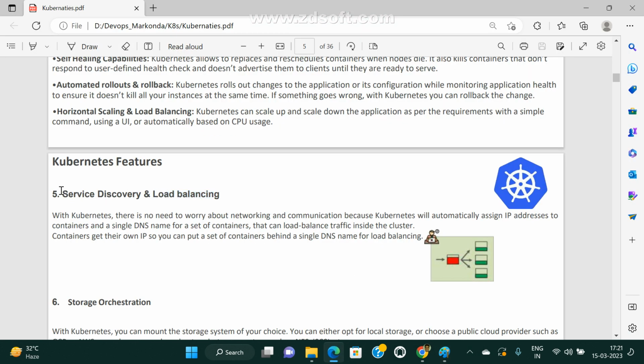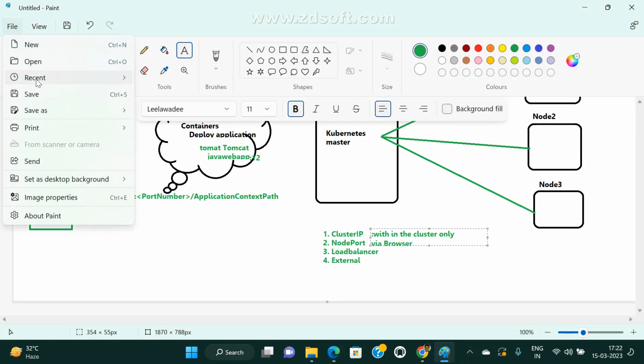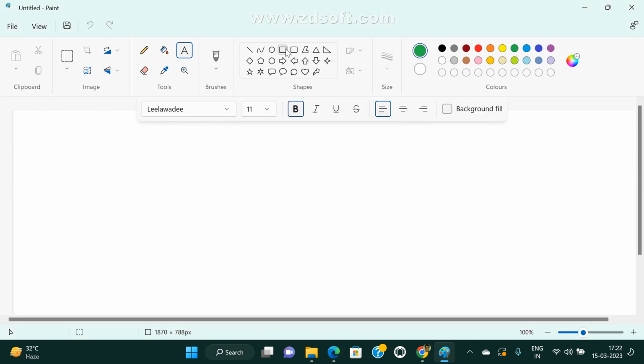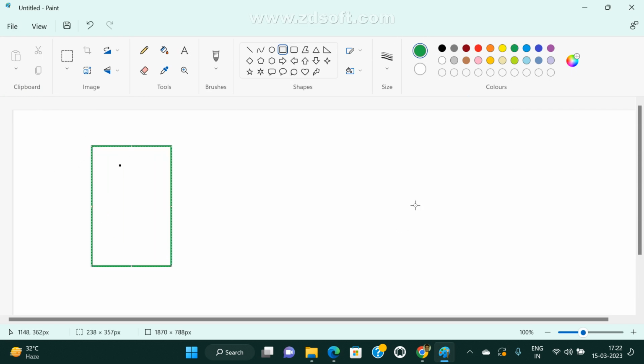See here, service discovery and load balancer. Service discovery means this is my master, and these are my worker nodes. Here I deployed many applications.